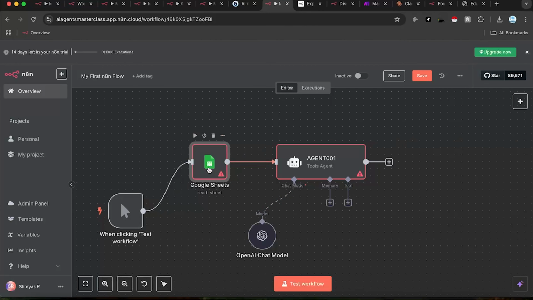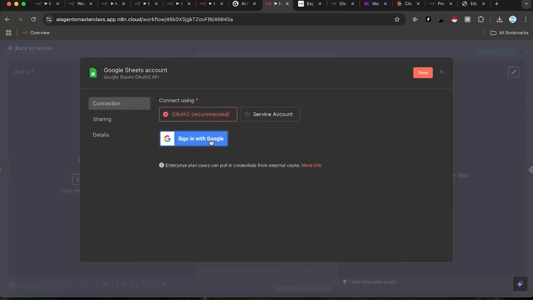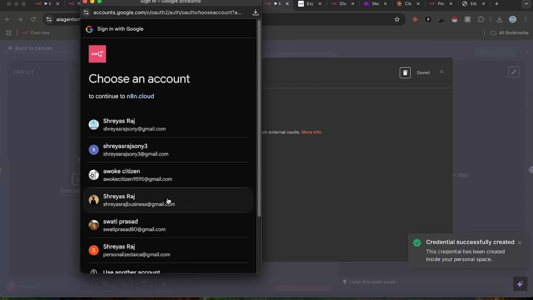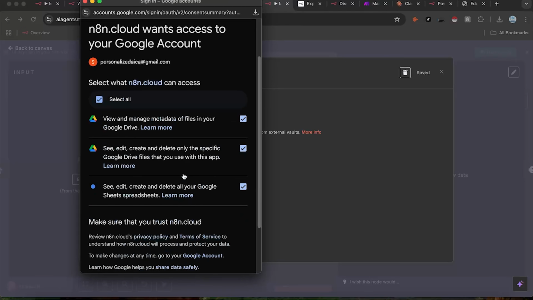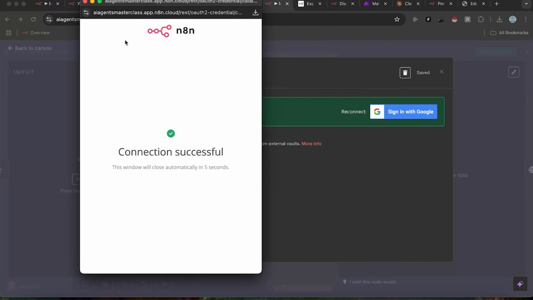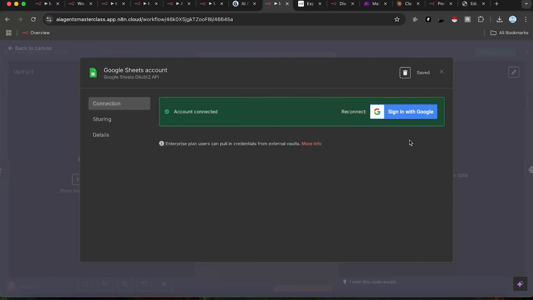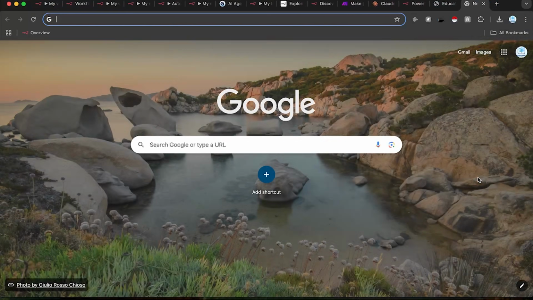So I'll quickly configure Google Sheets. If I go into Google Sheets, I'll select and create a new credential. I'll click on sign in with Google and sign in with one of my accounts. I'll select this, click on continue, and now my Google account is successfully authenticated with N8N. This would allow me to fetch documents and sheets from the Google Sheet linked to this account. So if I go to Sheets